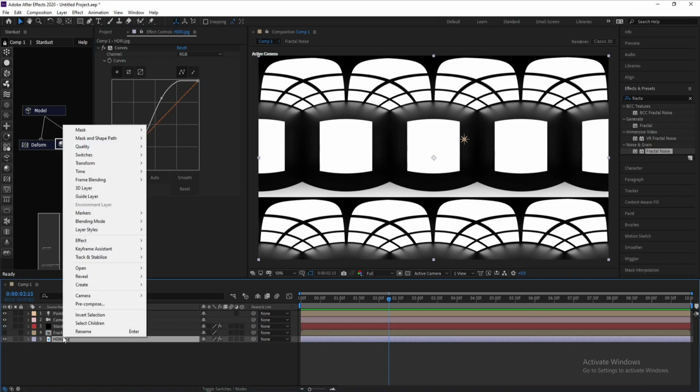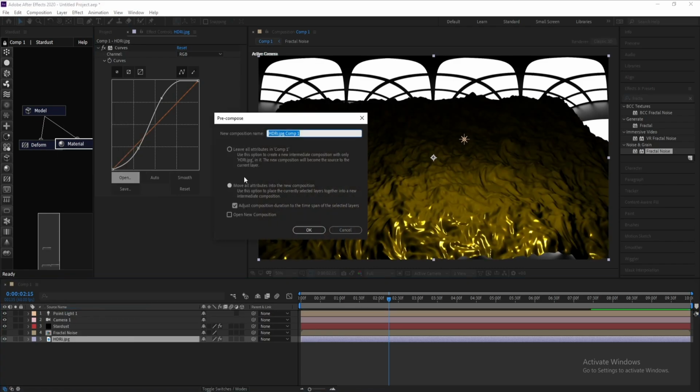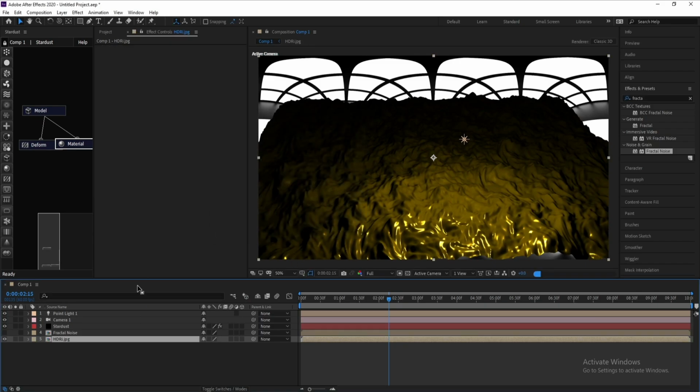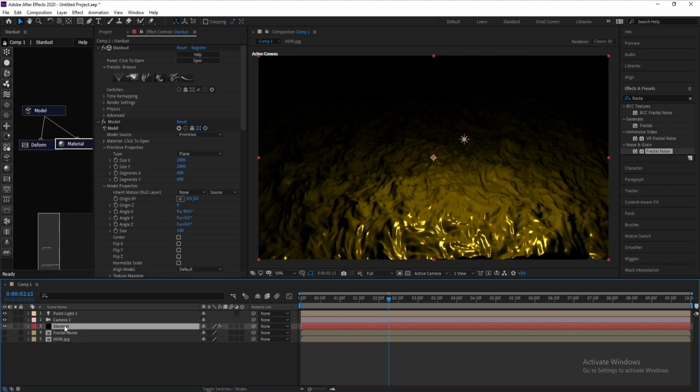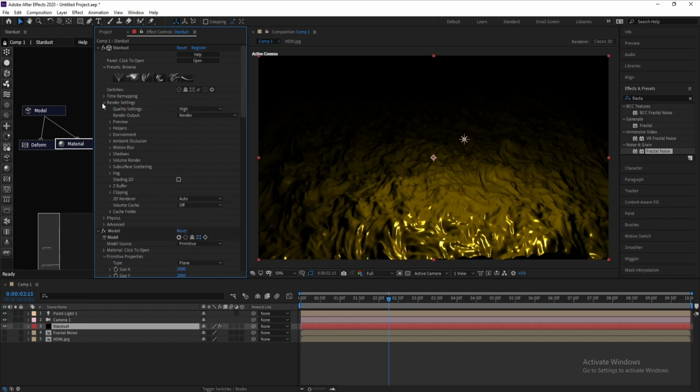Okay, then I'll pre-compose it and make sure that you are also on move all attributes into the new composition, and I'll close it and I'll go to Stardust and go to render settings